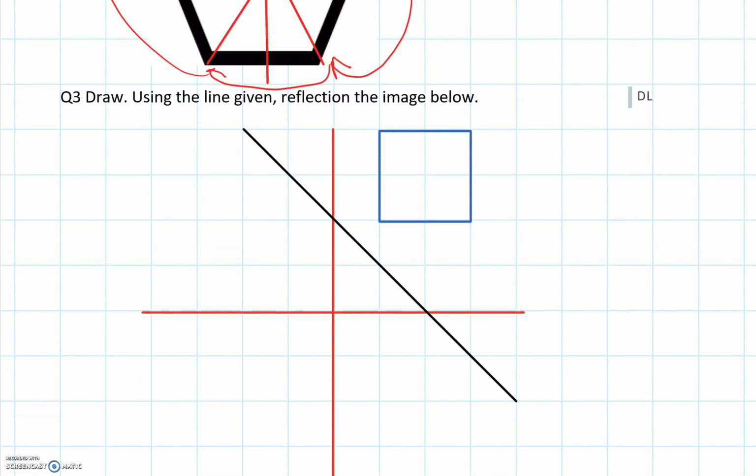And looking at this last reflection here, it says draw using a line given and reflect the image below. So we have ourselves a square here, and maybe I'm going to get ready to draw a new square. And the trick is to recognize that this,